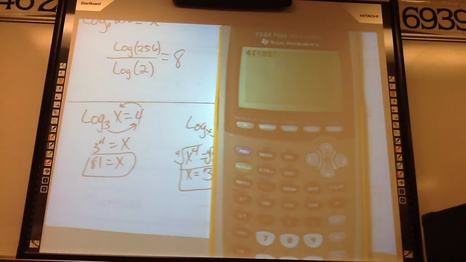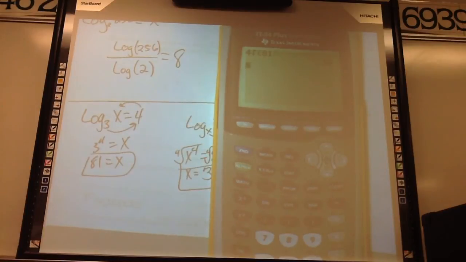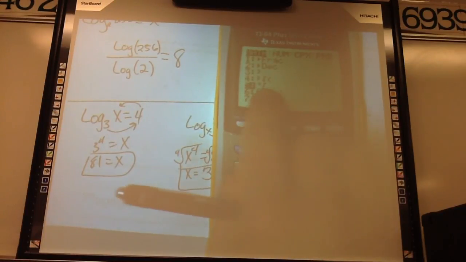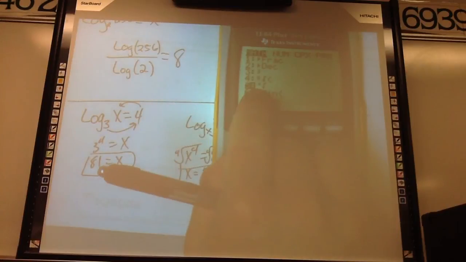You know what I'll get if I hit enter? That's 4 times the square root of 81. 36. If you want the 4th root, you have to push 4, math, and then go down to that one with the little x. It'll do 3rd root, and then there's, if you want any higher, you